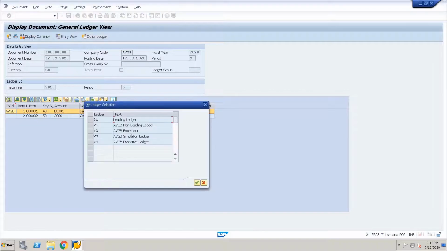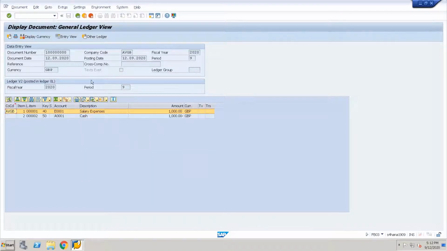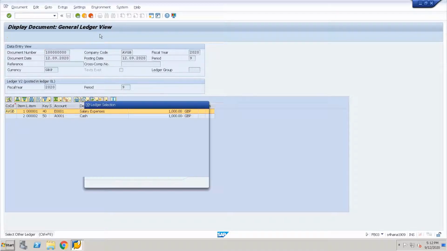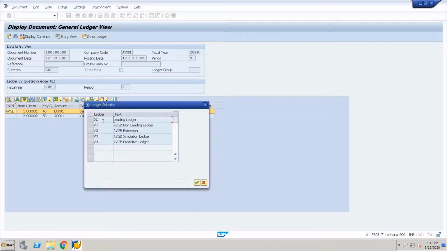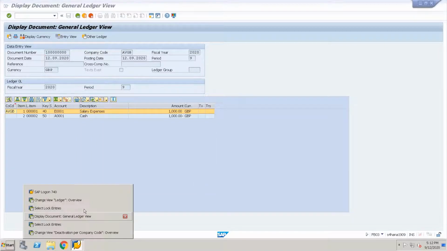Similarly, we can see this for other ledgers. So what is the document number? This is the document number and it is posted on 5 ledgers, 2 standard ledgers and 3 extension ledgers. Let us see how this is handled